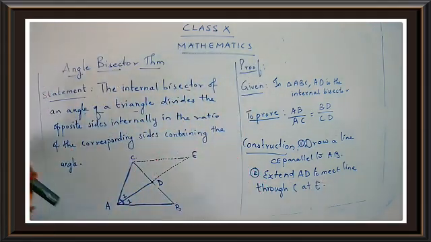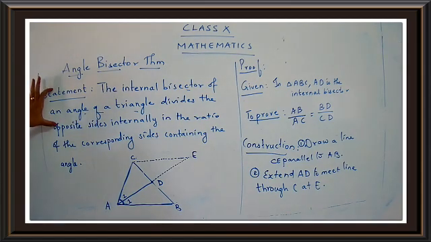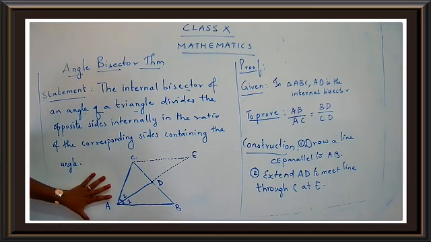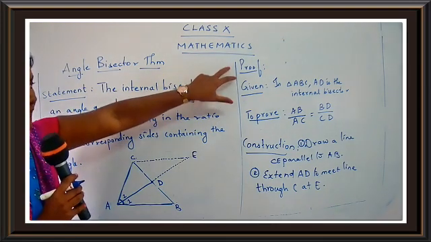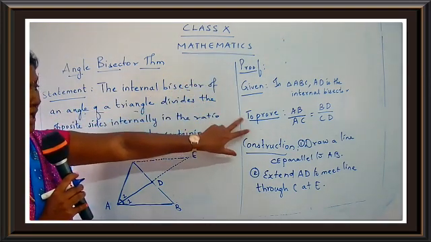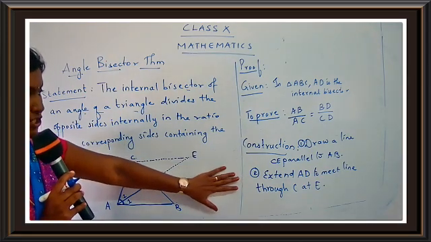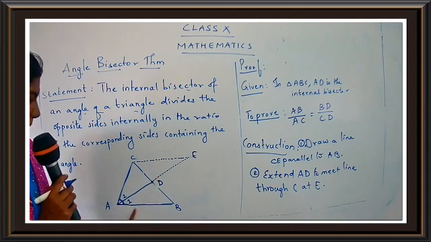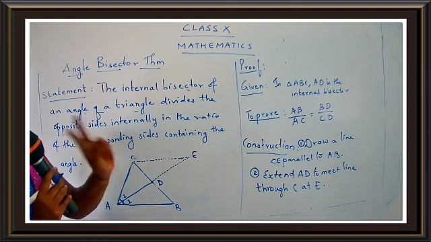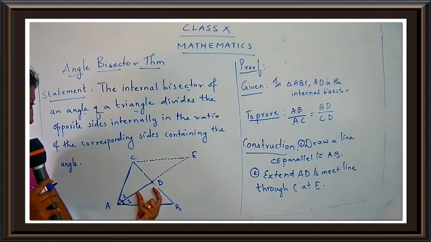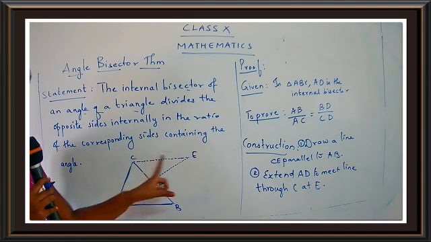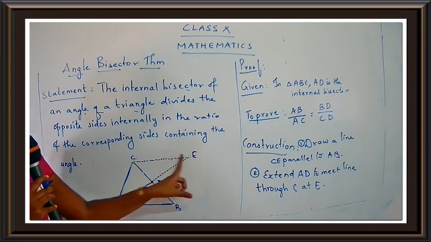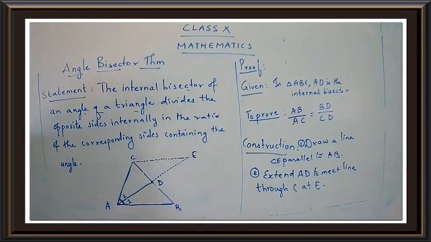Around the construction part. So we have written first step, that is the statement part. Then we have done the figure part. Then we have written the proof part. Under proof part, we have written what was given and what to prove. And then we have taken the construction part. What is the construction, children? You are drawing a line CE parallel to AB. That's the first construction. And what is the second thing we are doing? We are going to extend AD to meet E through C, means just it's a continuation CE. So extend AD to meet line through C at E. So these are the two constructions that we have to follow for a triangle ABC.